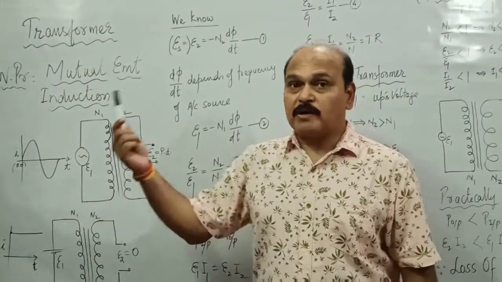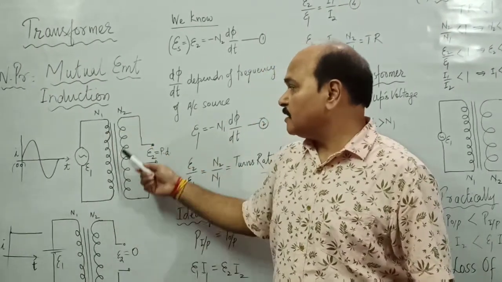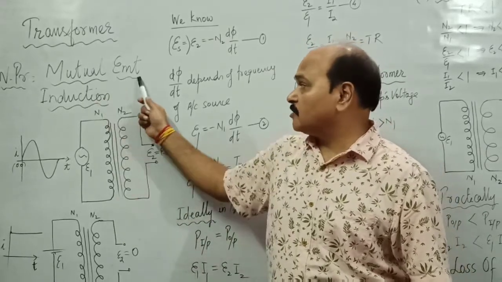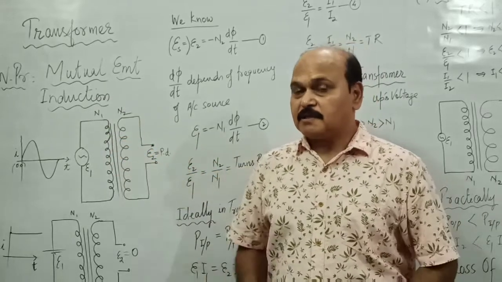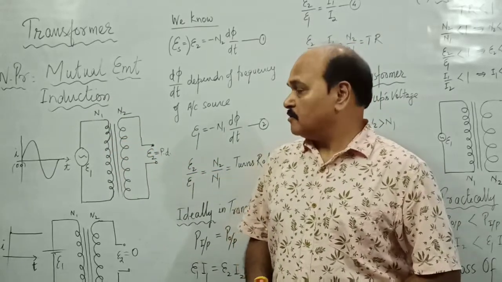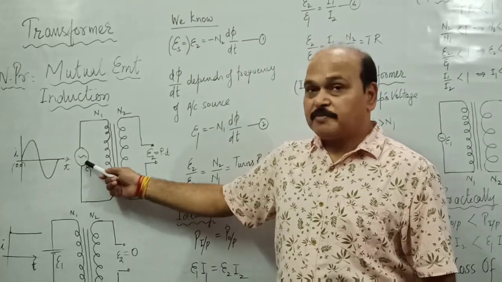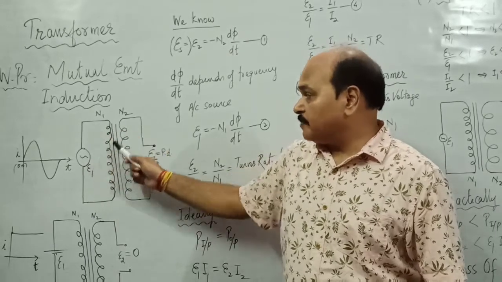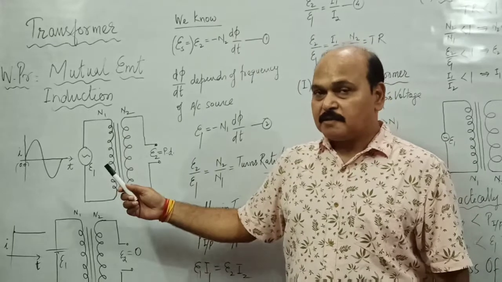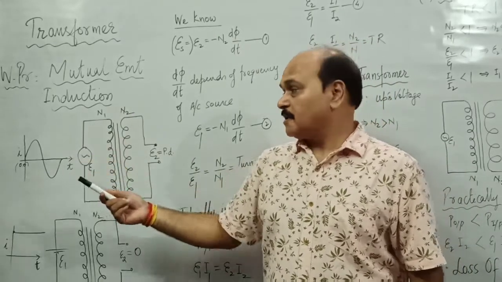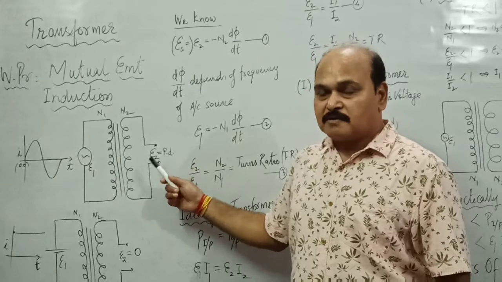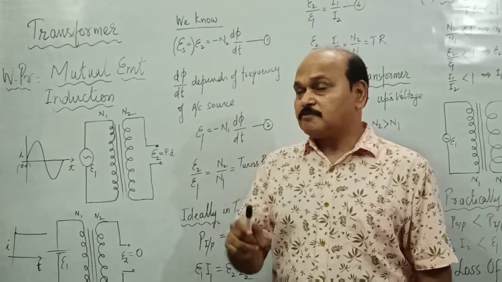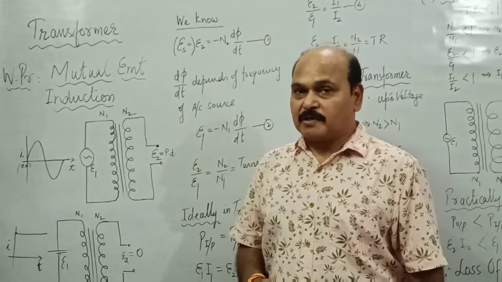It consists of two coils. One is the primary coil, the other one is the secondary coil. Well, its working principle is mutual electromagnetic induction. We have already studied this in detail. We connect an alternating source with the primary coil. Because of the alternating source connected here, the current passing through the primary coil changes. And as the current passing through the primary coil changes, an induced EMF is produced across the secondary coil. The phenomenon is mutual electromagnetic induction, and that is the working principle of this very important device.